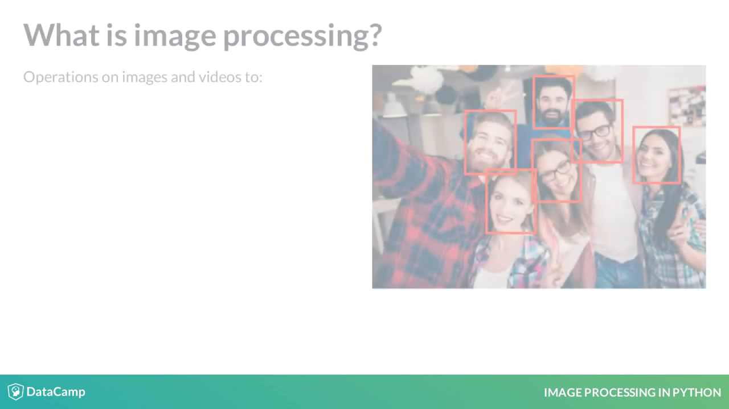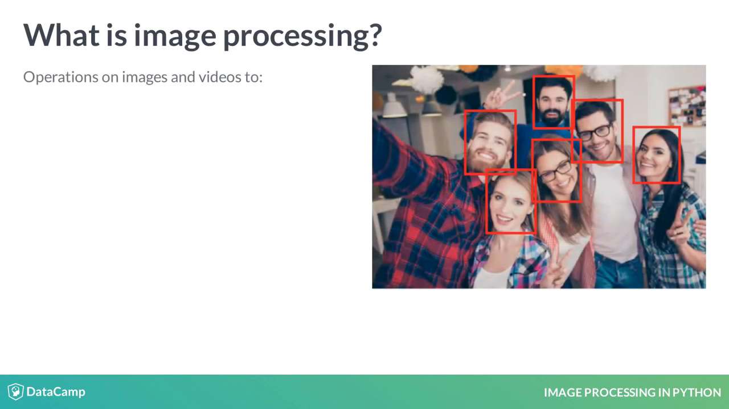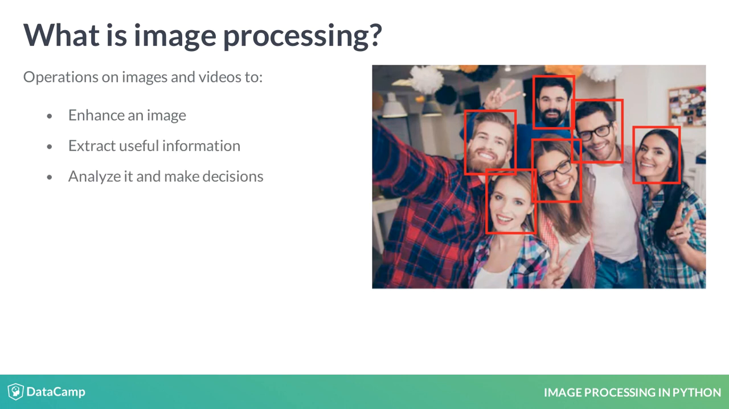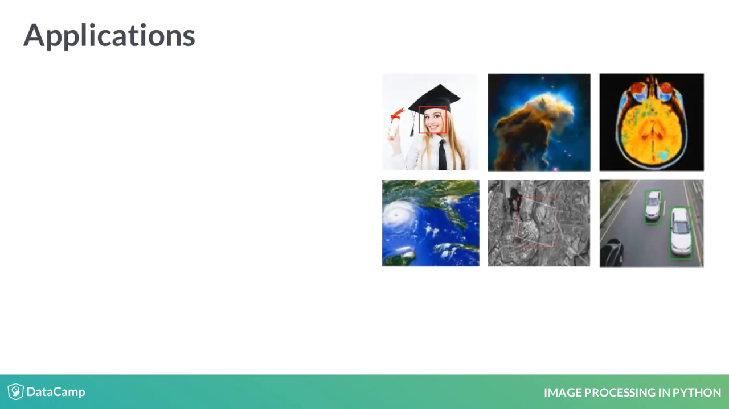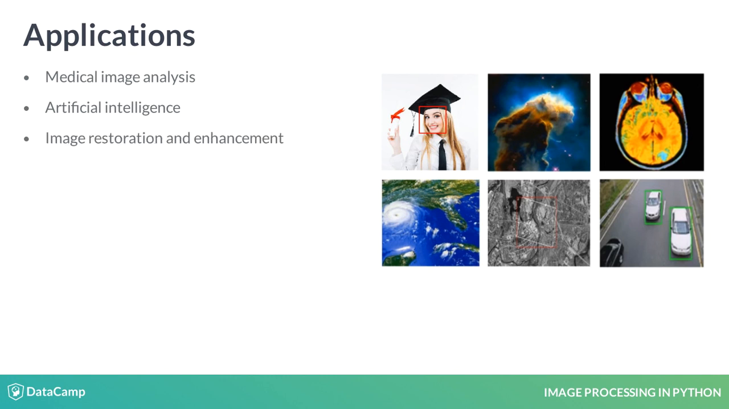Let's start. Image processing is a method to perform operations on images in order to enhance them or extract useful information, analyze it, and make decisions. By quantifying the information in images, we can make calculations. Image processing is a subset of computer vision. There is a wide range of applications, such as the analysis of medical images, artificial intelligence, image restoration, surveillance, and